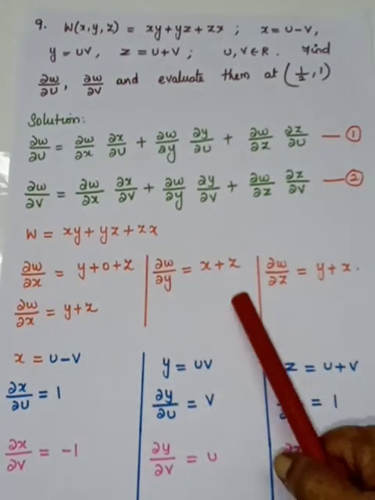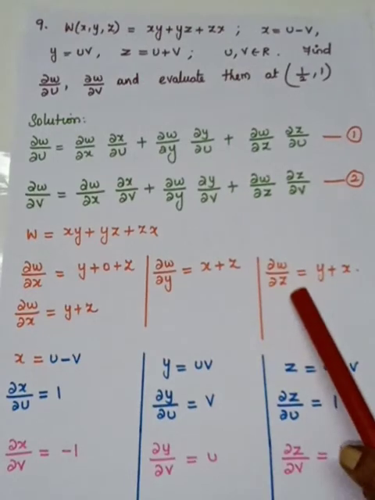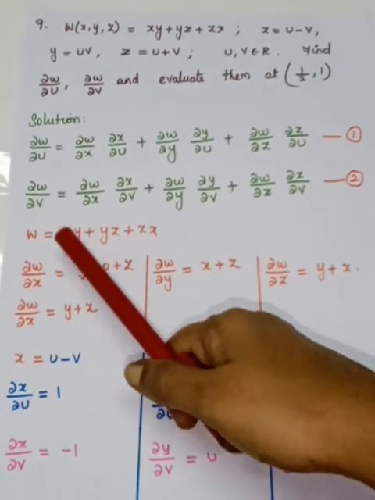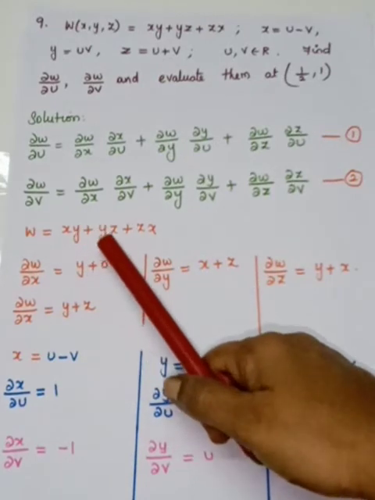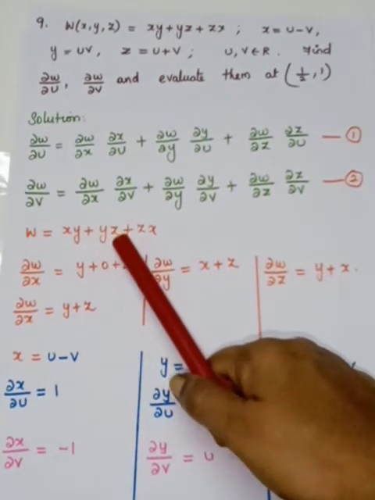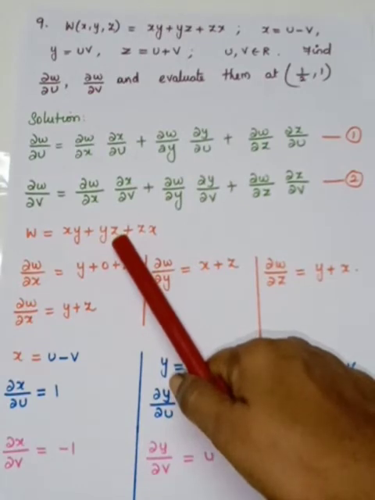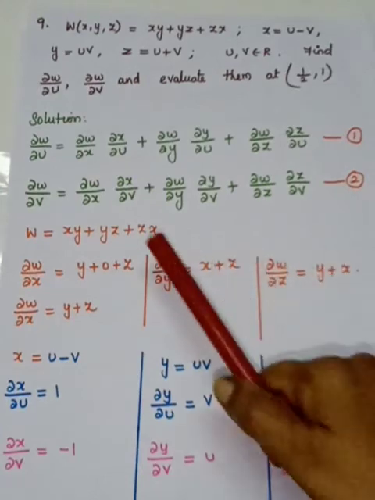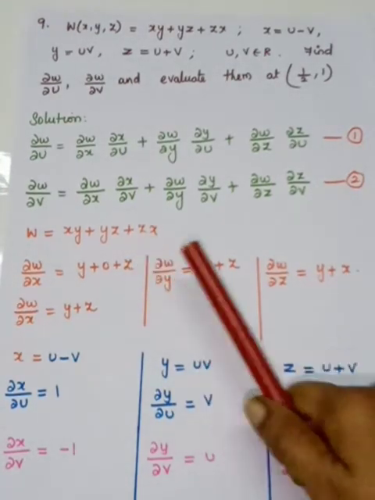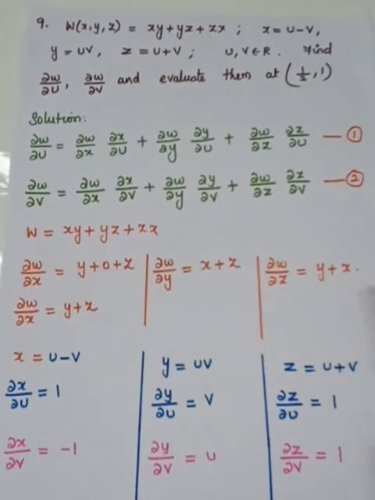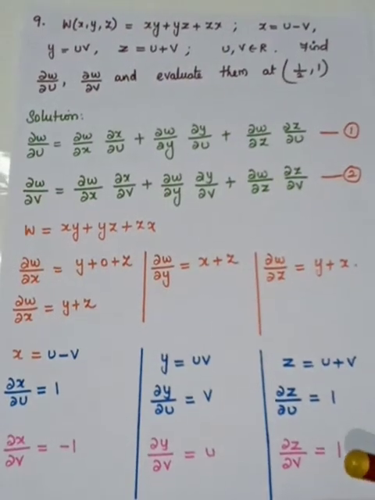Here I didn't mention dou w by dou z. Look at the first term. No z. So x and y are constant, whose differentiation is 0. Here z is there. But what is the constant? y. So y is taken out. The differentiation of z with respect to z is 1. So this term differentiation is y. And come to here. x is a constant, so it is written out. The differentiation of z with respect to z is 1. So you will get the result.